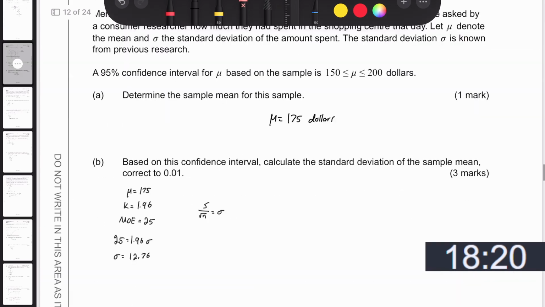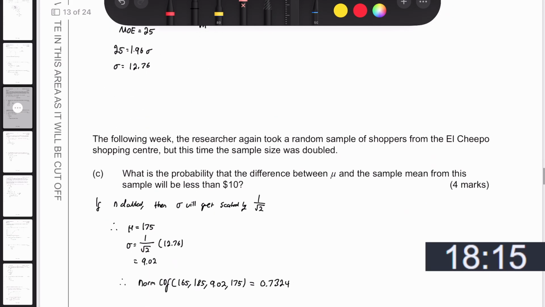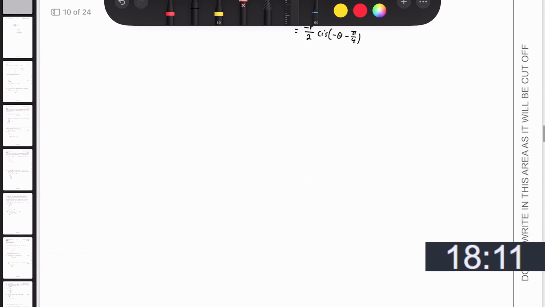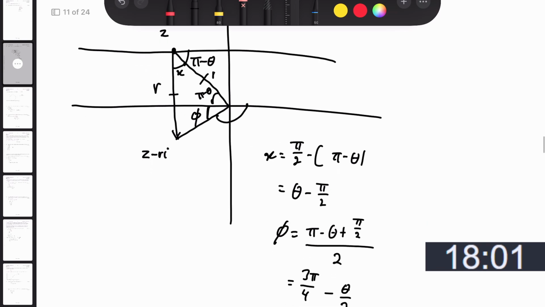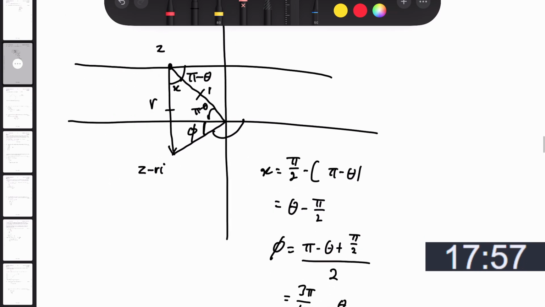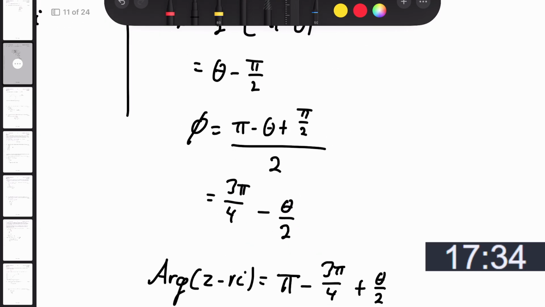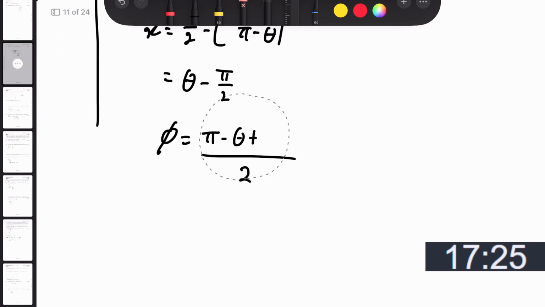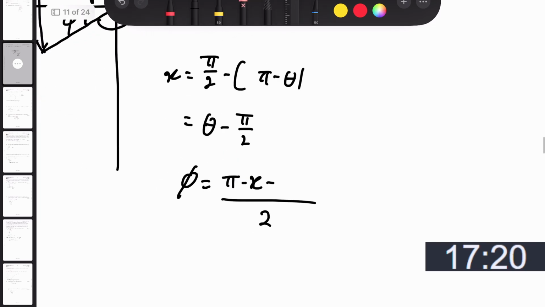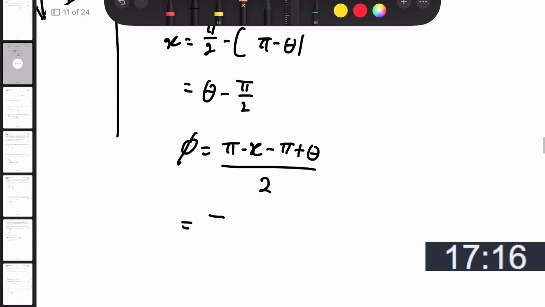Okay, there was one up here. Wait, this one is correct, I think. So pi is 90. It's 180. Is that? Oh wait, no, I didn't take into account everything. So it's 180 minus x minus pi minus that. Do this. So pi is equal to 180 minus x minus pi plus theta. So this is pi minus